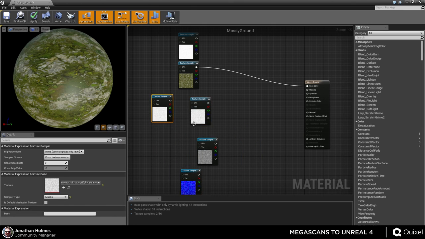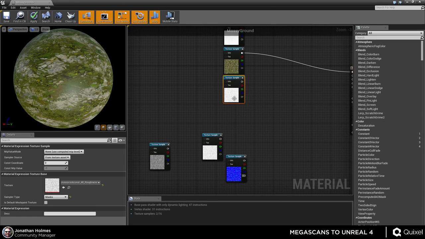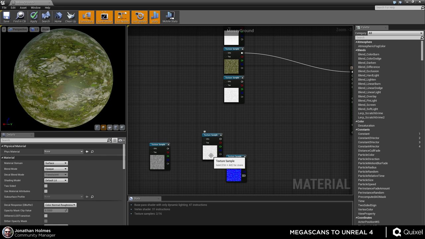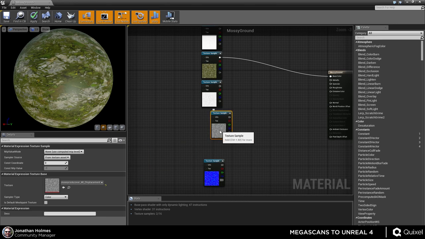All right, so this is the roughness map. I like to organize these things too, so I put them in terms of where I would normally use them. I'm going to throw the cavity map up here because it'll probably get blended into the albedo map. Displacement,